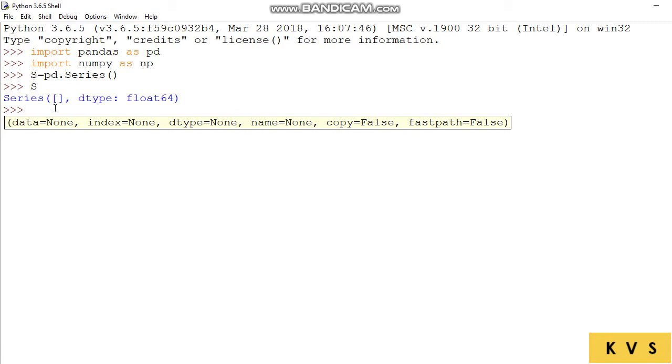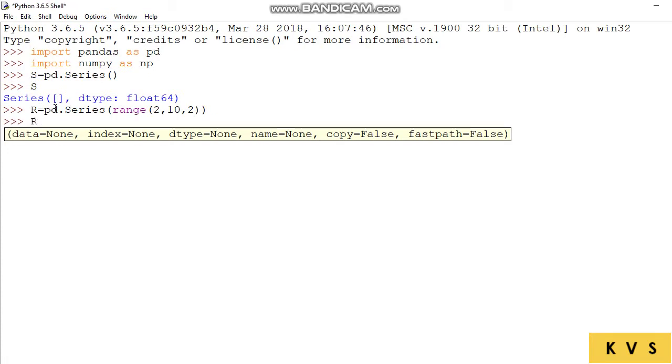Now we will create non-empty series. I am taking a series object r is equal to pd.Series bracket. Now let us first create a series using range function. Hope you remember our range function which we have used with our for loops and all. I am giving 2, 10, 2. What will be the output?